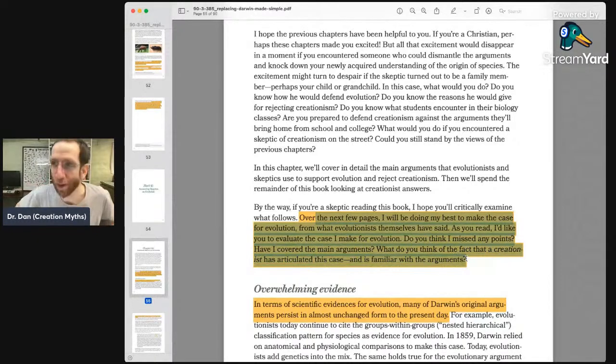So before we do this, I'm going to take just a minute and tell you what I would expect, having read that paragraph. What I would expect to hear if someone says, I'm going to make the best case for evolution, and I'm going to interpret that as universal common descent from a most recent common ancestor for all cellular life via evolutionary processes. That's what I'm thinking as evolution, as we're defining it here. What do I think I should read in the subsequent pages?